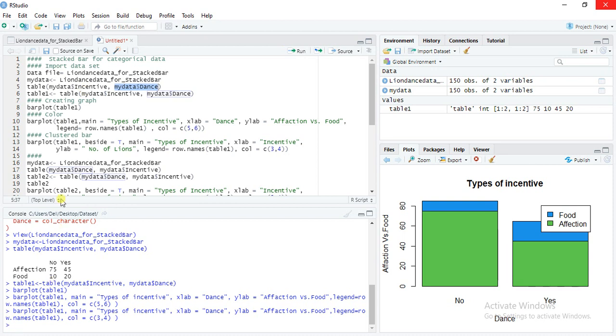So we will write again my data. So table 1, what is our table? Table is my data dollar sign dance, and second my data dollar sign incentive.